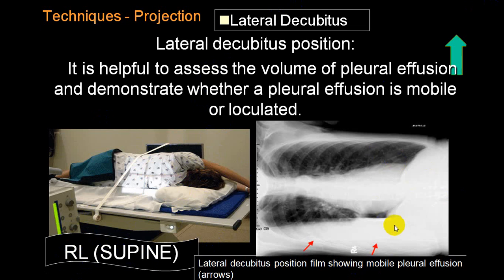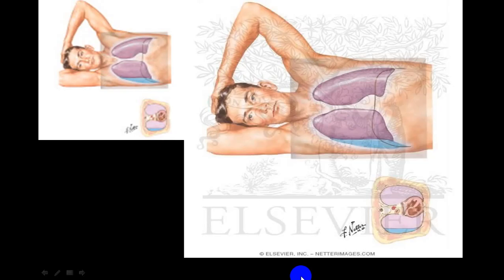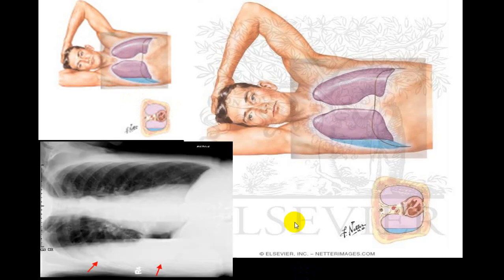You can see here, when a lateral view is taken, the fluid which was here has come out, and you can clearly identify the fluid. So this is very useful where you cannot identify very clearly a pleural effusion or what we call an air fluid level, loculated fluid, etc. You want to differentiate those conditions. We'll be asking for those lateral views. You can see clearly that fluid will come out in a lateral view.